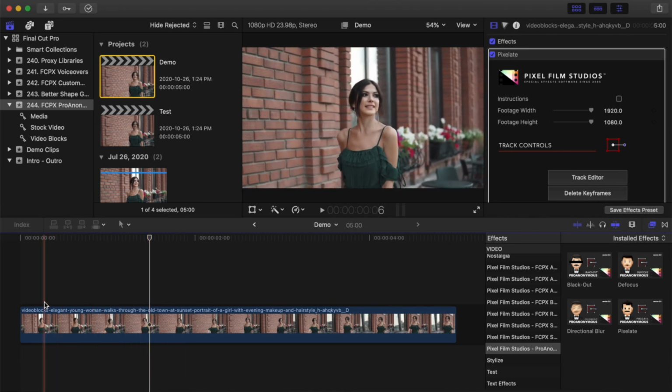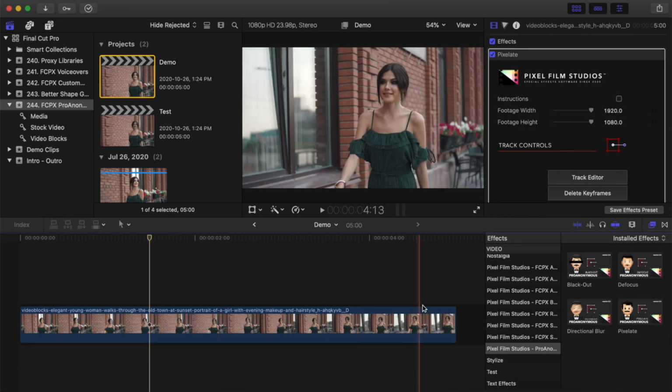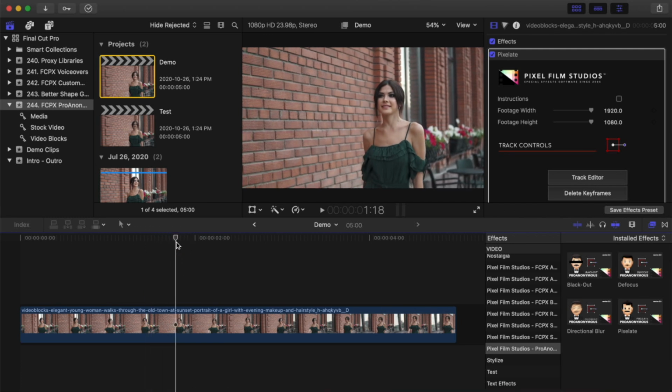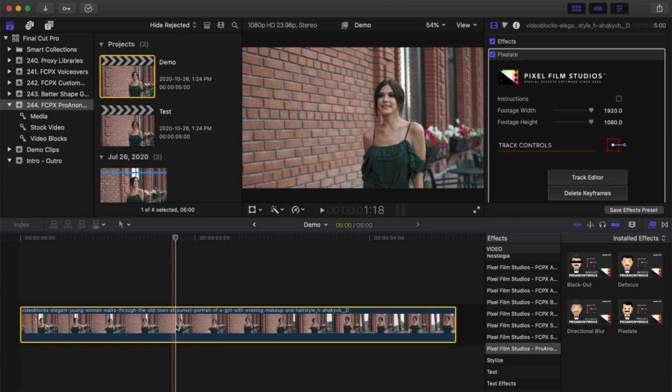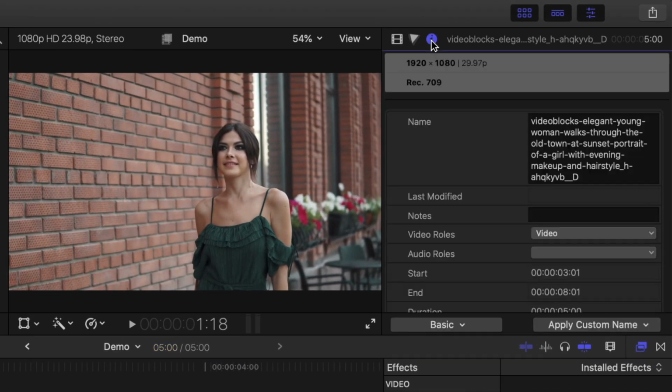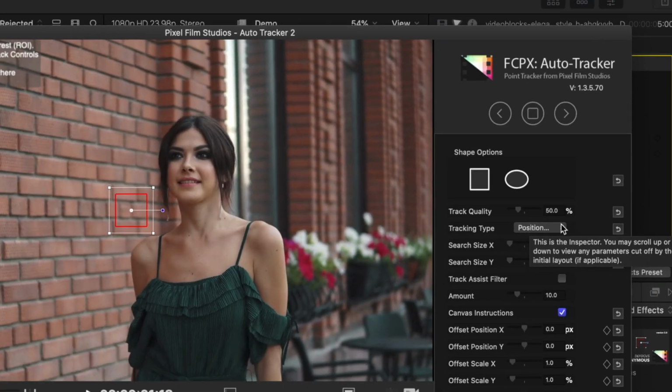Skim over your clip and select the reference area you want to track. For best tracking results, this area should be fairly small, remain in focus and unobstructed throughout your entire clip, and have a fair amount of contrast. For this demo, let's use the model's nose. Place your playhead on a frame where this area is clearly visible, select the clip, and head up to the video inspector. Make sure the video resolution here matches your clip, and click the Track Editor button.